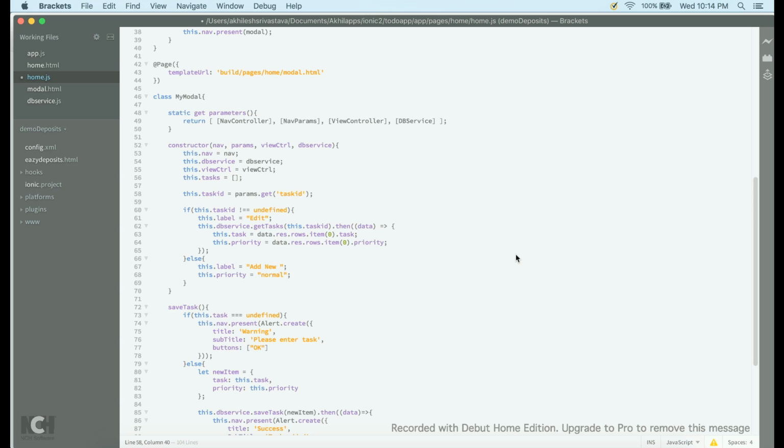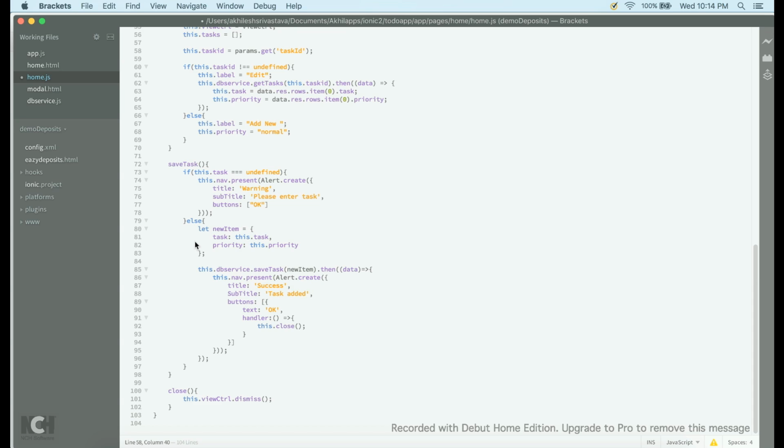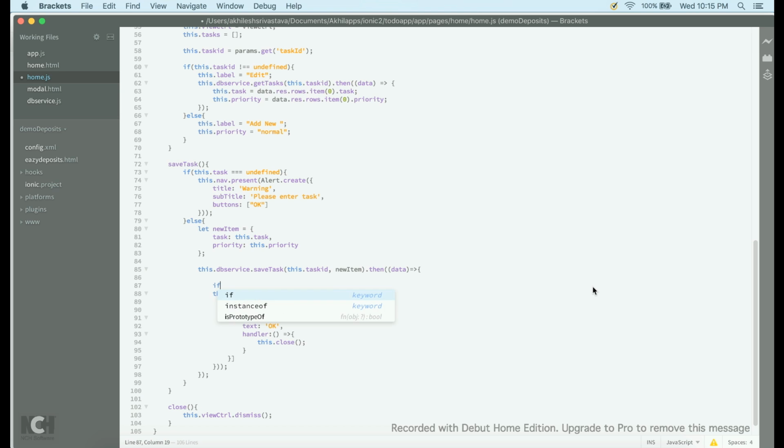Before that, in task ID the I should be capital. Okay, so here in our save task method, we have to pass one more argument, that is this dot task ID. Okay, and here we have to check one condition, so we'll say if this dot task ID equals to undefined,